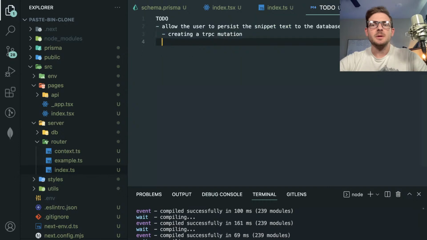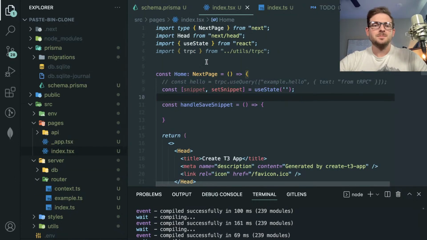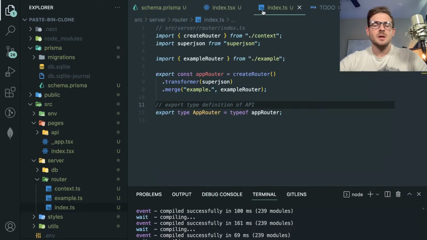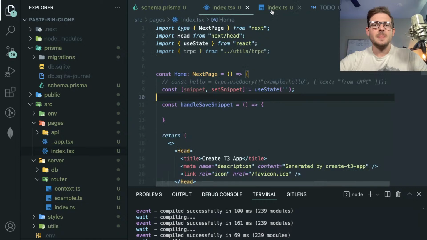So what are we doing? We're creating a TRPC mutation. We're trying to make a mutation method we can call that's going to basically persist this text to a database table. And if I go to the mutation, which is, I guess, this one,